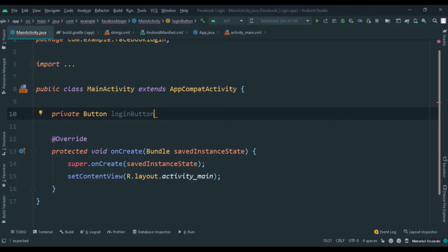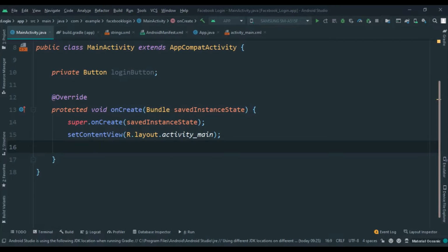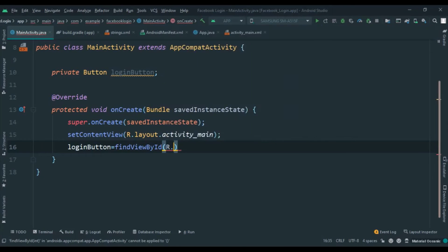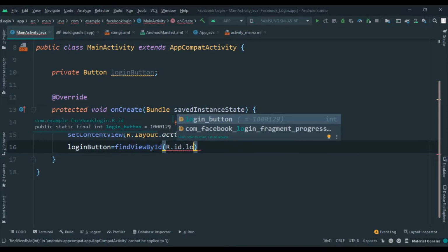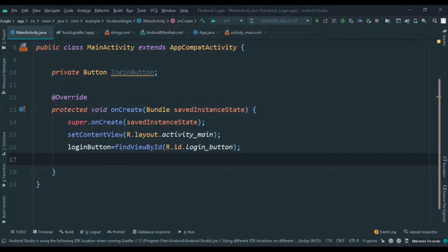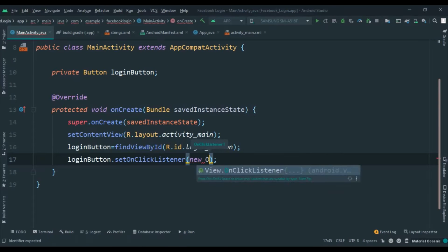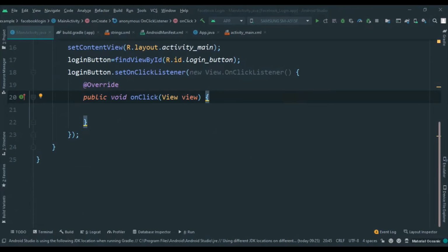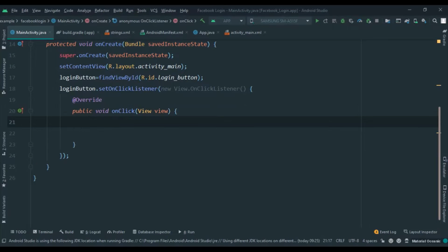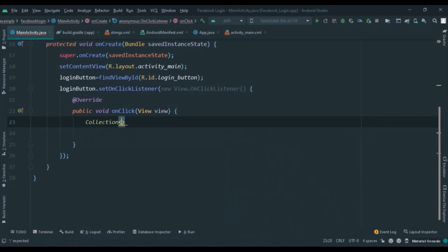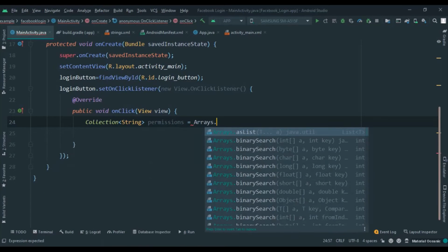Now findViewById, loginButton. Now set onClickListener of the login button. Now inside the onClick listener method, write Collection. Inside the angle bracket, write String and name the collection permissions